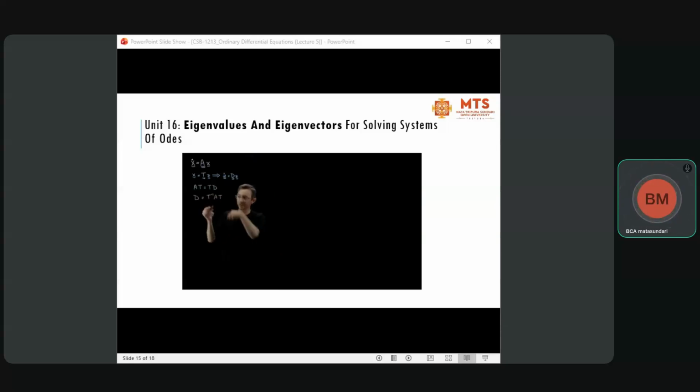And also conversely, that if I had D and T, that A would equal T times D times T inverse. Okay? And it's really easy to compute eigenvalues and eigenvectors in MATLAB and Python, so I'm just going to show you that real quick. And then what I'm going to do, kind of the culmination of this set of lectures,